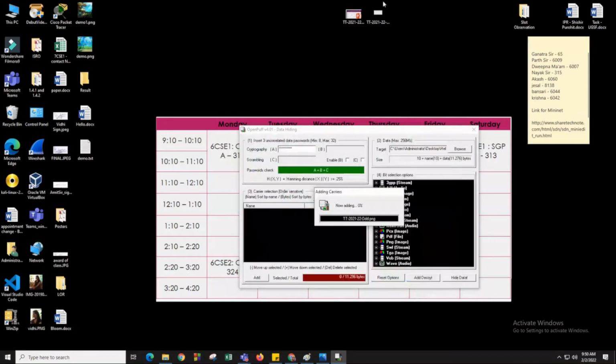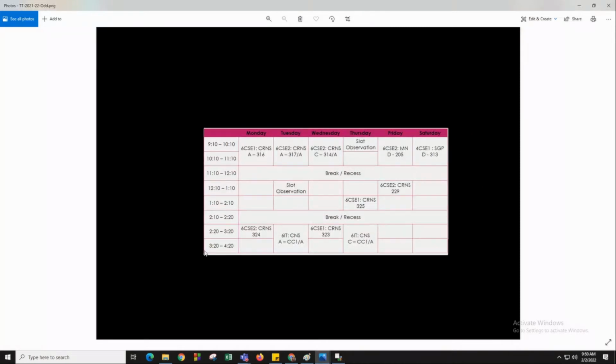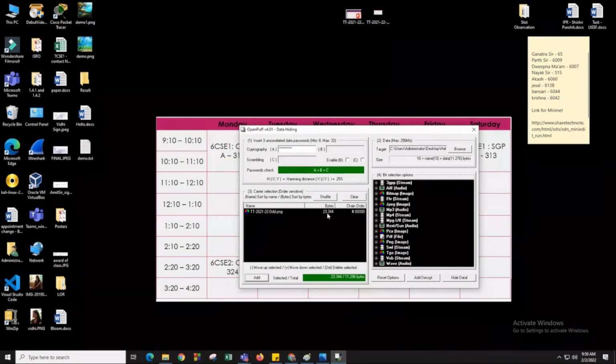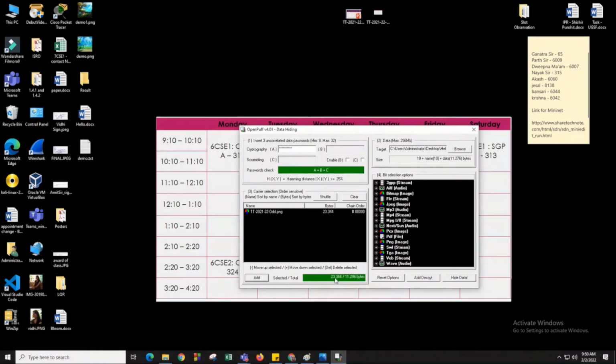In this I have my timetable. I have uploaded it, and you can see it is 23 bytes. So 23 bytes is greater than 11 bytes, and this line becomes green. That means your carrier is now sufficient to hide the data which you have chosen.